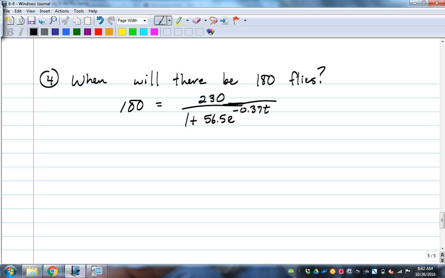Lots of times we get confused here because the variable's in the denominator and it's in an exponent. But if we think about this as a proportion,